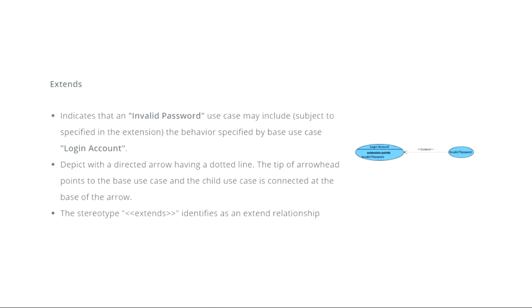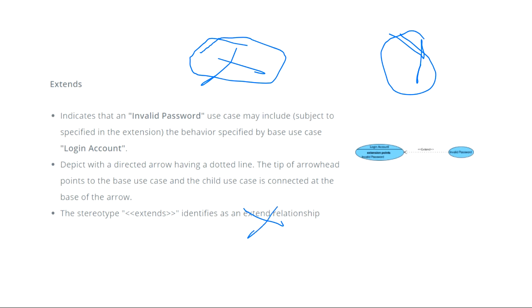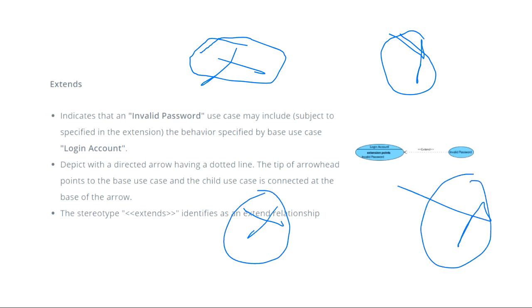Now see this extend relationship. What does this extend relationship mean? Extend means, not an optional choice given to the user, but that it will be optionally included. For example, suppose there is a class X and there is a class Y. Always keep one thing in mind. For include, if you want class Y to be included whenever class X is called, you have to show the arrow in this diagram for include.